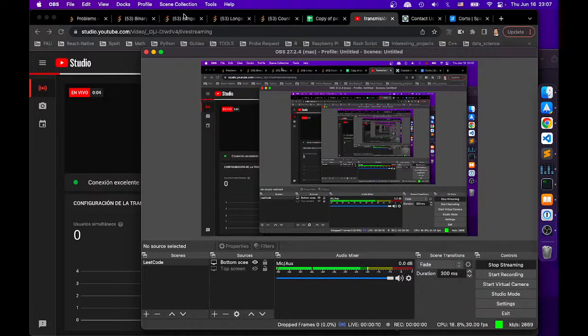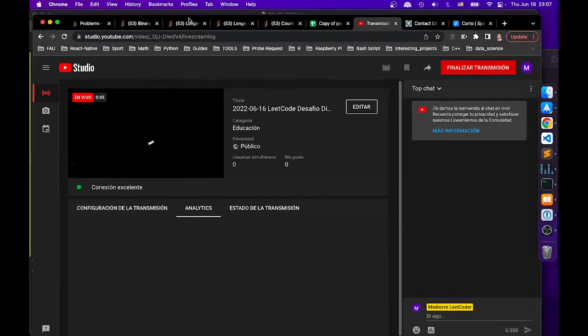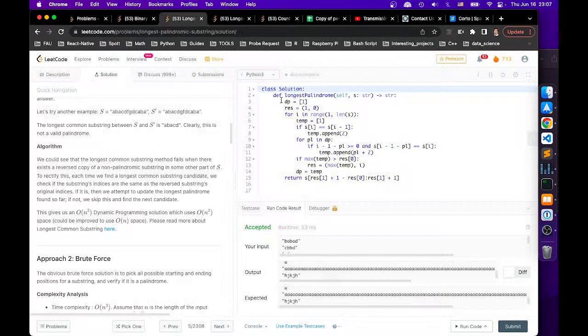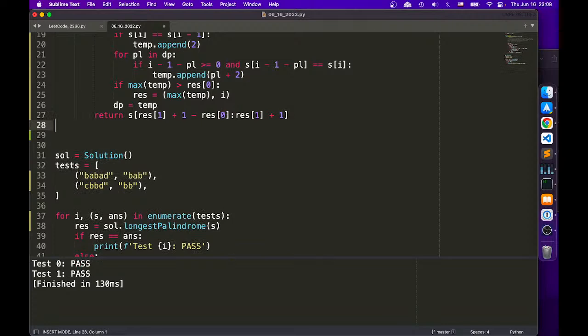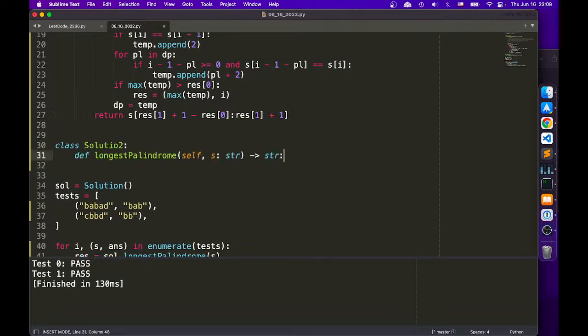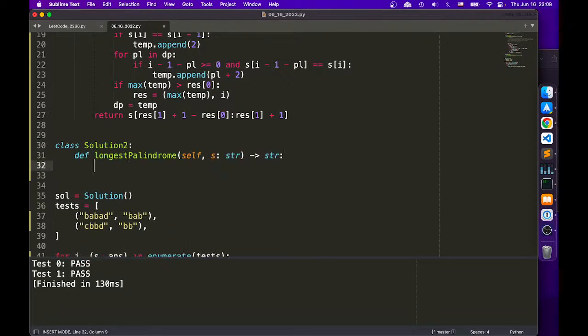Alright, first things first, we're gonna get back to this one. So we're gonna try to solve it using the other method, the Manacher's algorithm. So let's go for that one first. Then we're gonna try to solve today's challenge. And then the last, if we still have time, we're gonna deal with that one that's been troubling us for 3 nights. Alright, Manacher's algorithm. So we read about it yesterday, and I tried to figure it out myself without going to read